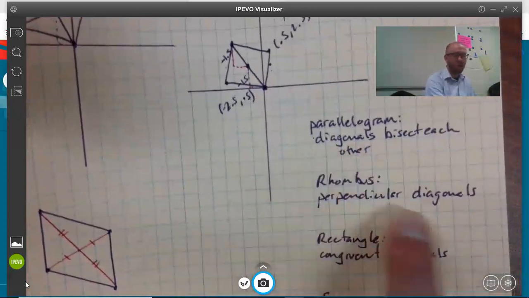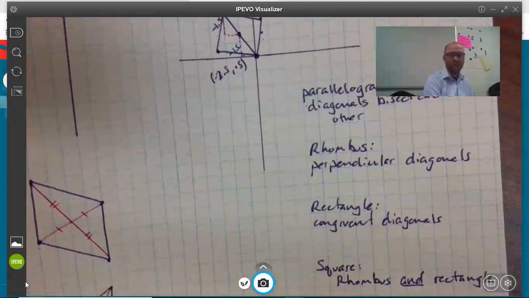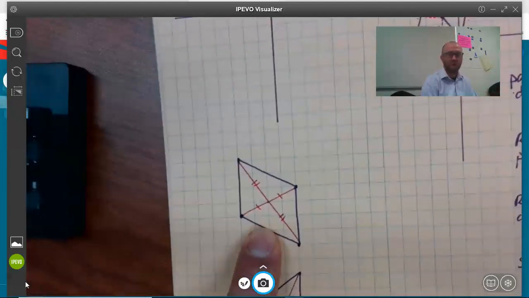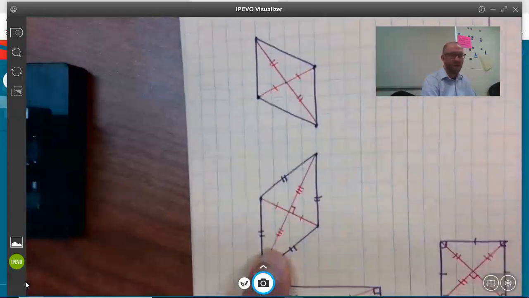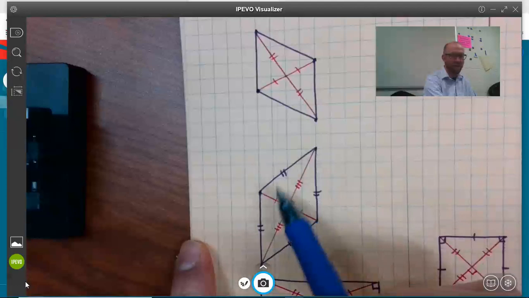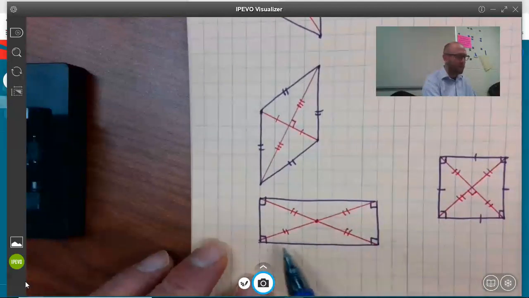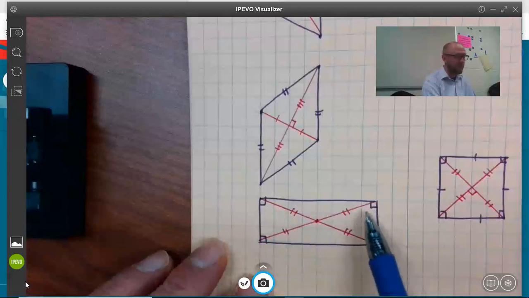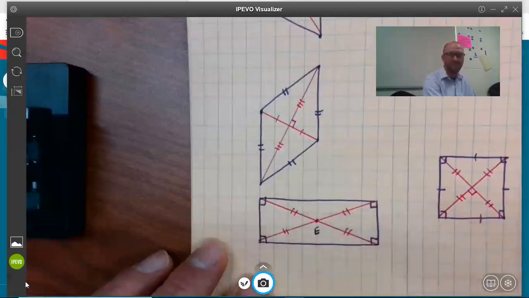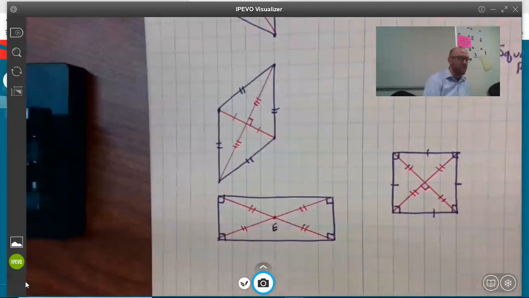Parallelogram, diagonals bisect each other. Rhombus, diagonals are perpendicular. Rectangle has congruent diagonals. And a square is both a rhombus and a rectangle and a parallelogram for that matter. And for your diagrams over here, just an ordinary parallelogram with diagonals bisecting each other, a rhombus with diagonals meeting at right angles. By the way, this is 5 units, and here up 3 over 4. We've got that 3, 4, 5 triangle being used to make that rhombus. Down here is the rectangle, 4 right angles, that's what makes it a rectangle, and the diagonals are congruent, and also from the center point, it's the same distance to any vertex. And finally the square, having all those properties, congruent diagonals, diagonals that bisect each other, and diagonals that meet at right